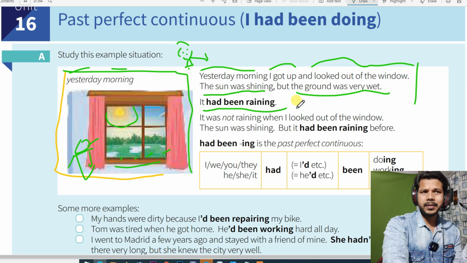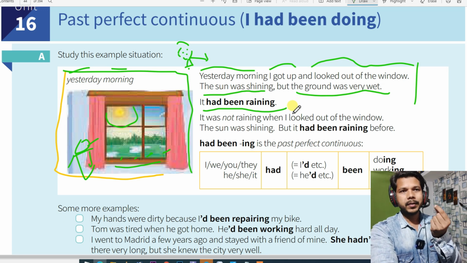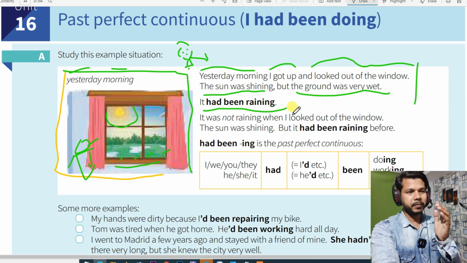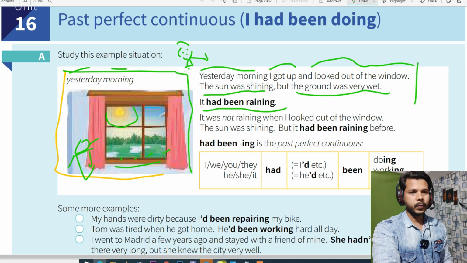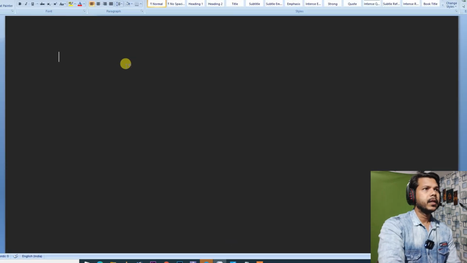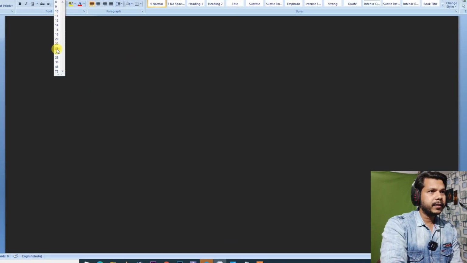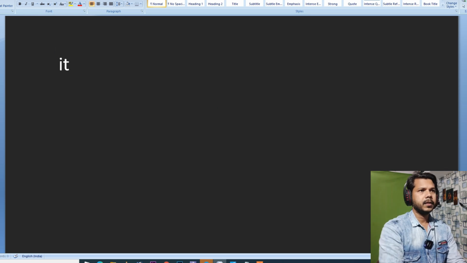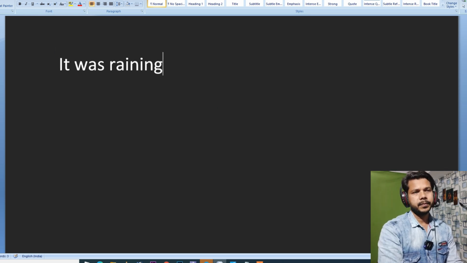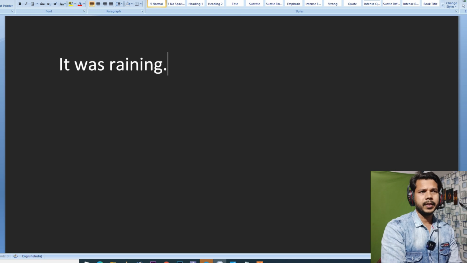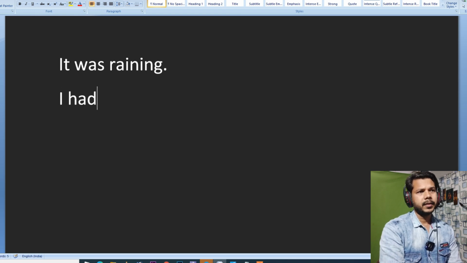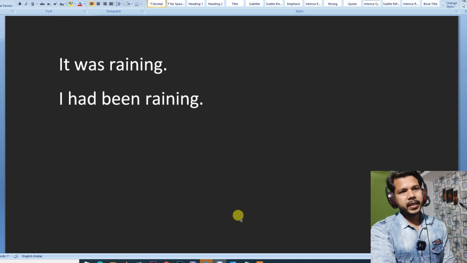Here the question arises, why not it was raining? So we have to learn about the difference between was, were and had been. Let's take a look everyone. See, if this guy says it was raining, or if he says it had been raining, what is the difference? The difference is actually,